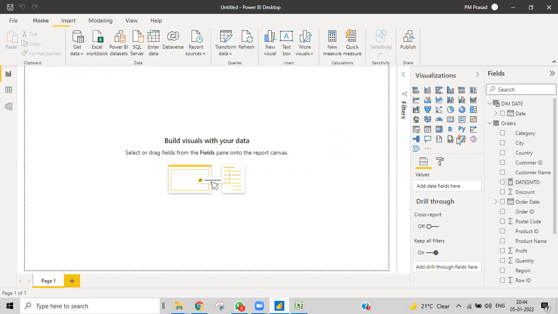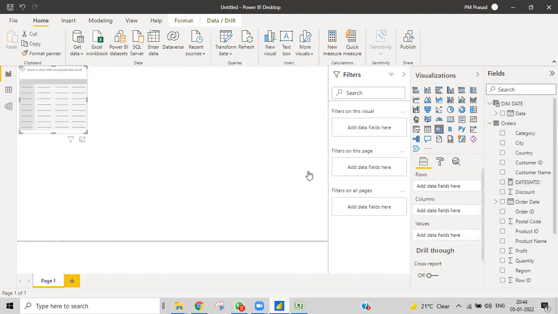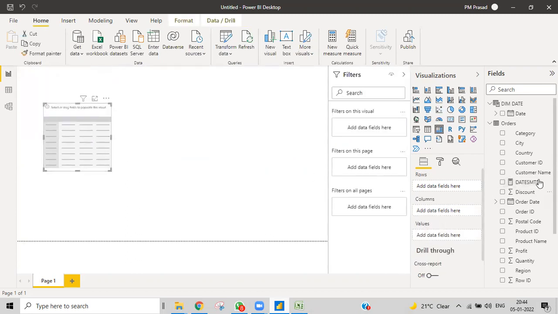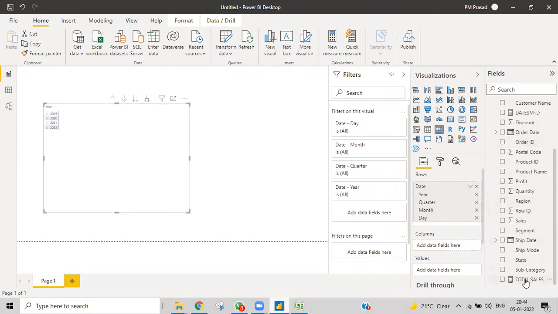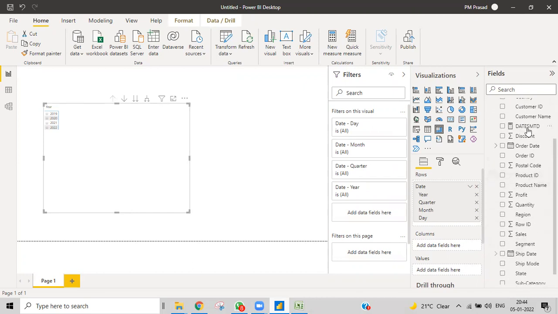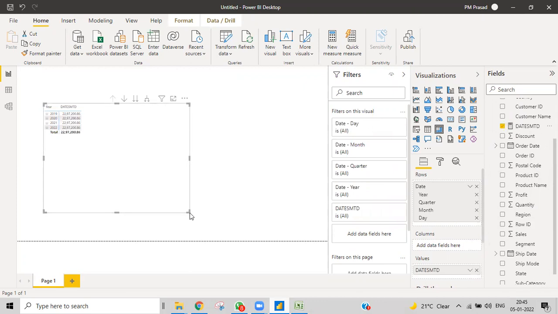Then let me take a matrix and put my dates in it, and then go for my total for dates. What are we getting right now?